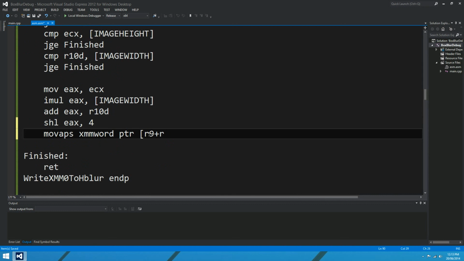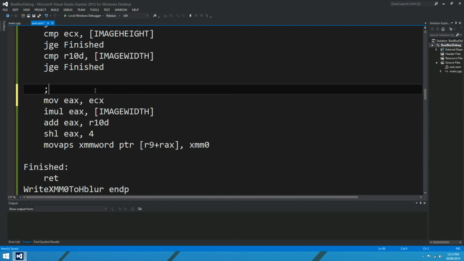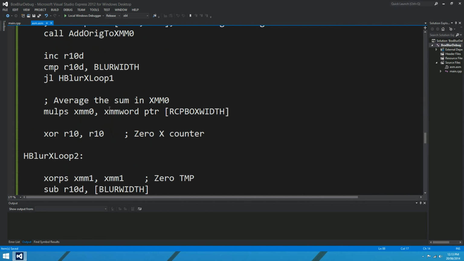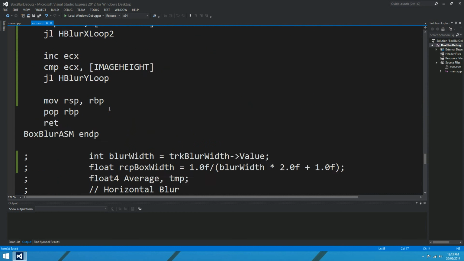So for now it's that. I think that should just about do the trick, and if I just put a comment here and say calculate the offset into the output image in EAX. Okay, yeah, that should just about do it. So if I just scroll down again,